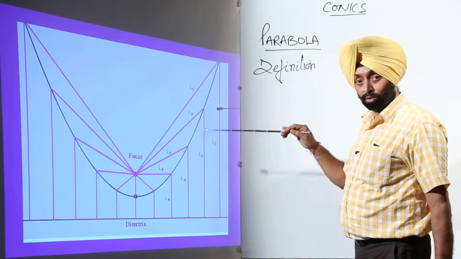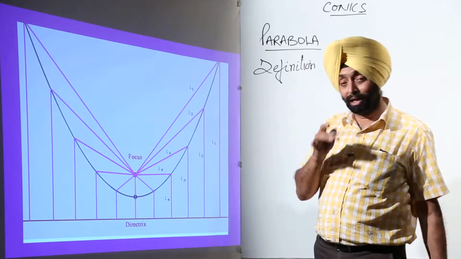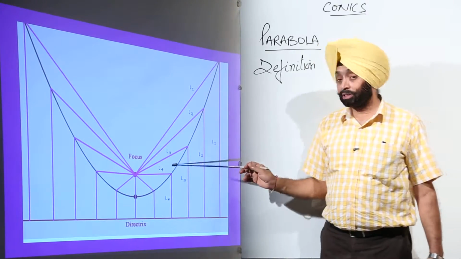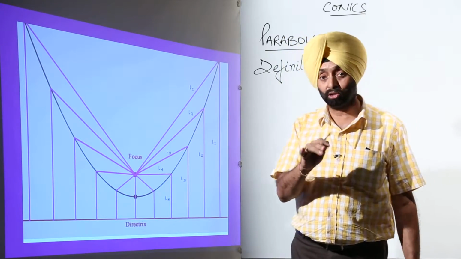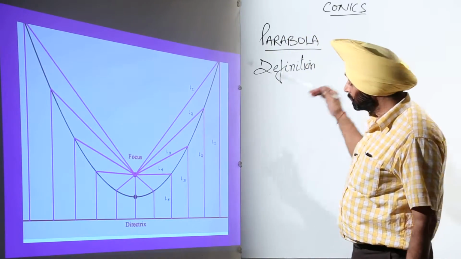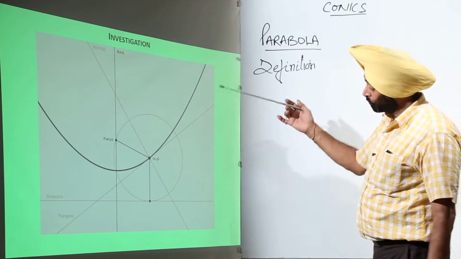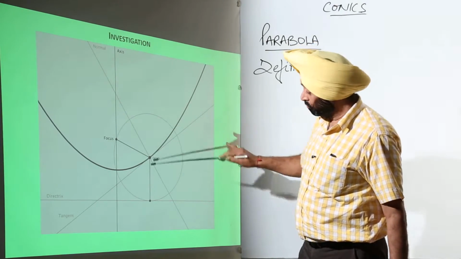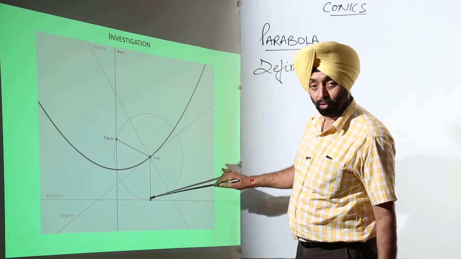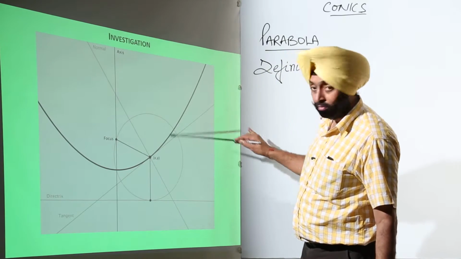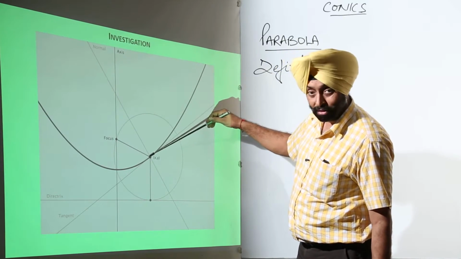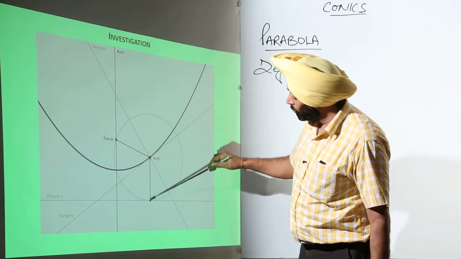But if you are looking very carefully, then also you can have a question. You can ask me, sir, this doesn't look equal. You can ask me, but we are having an investigation whether they are equal or not. Just check this one. This is a focus, a point P, and this point on the directrix. Now from this point we have made a circle. Naturally from the center of the circle, the radius will be equal.